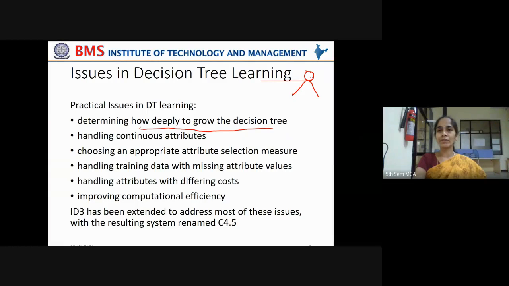Say outlook value. Now you're taking humidity here. After using humidity as the split point, you're dividing the training examples, and here you have 4 positive examples and 2 negative examples. Now, can you stop here, or do you want to proceed further in order to get a more pure classification,